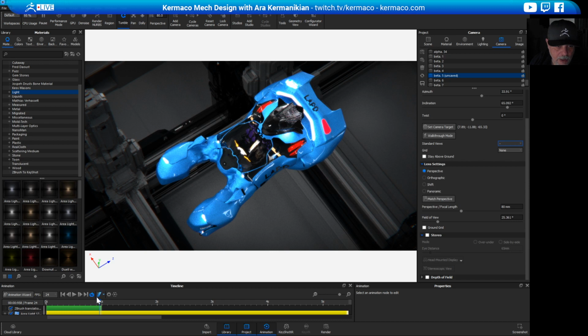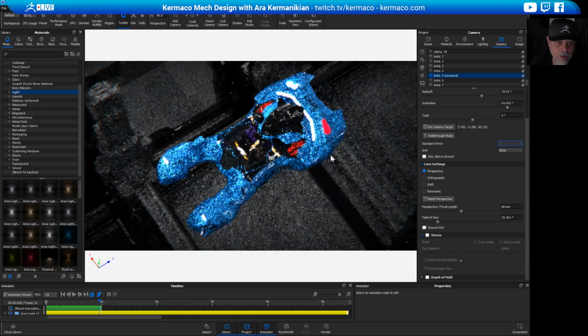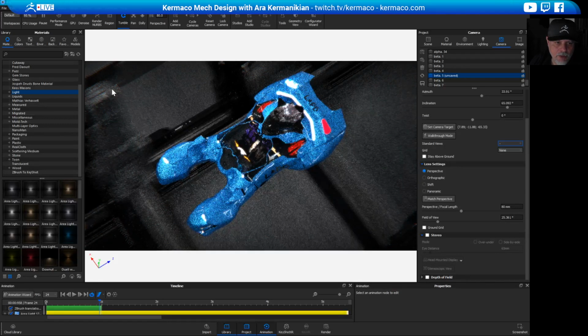So I'm still kind of perplexed as to why. Oh, I turned motion blur off. That's why. Here we go. Now that motion blur is on, it's going to re-render. And you can see that this looks fuzzy in the back. That looks like it's moving, and the car looks like it's not. So I'm going to wait until this